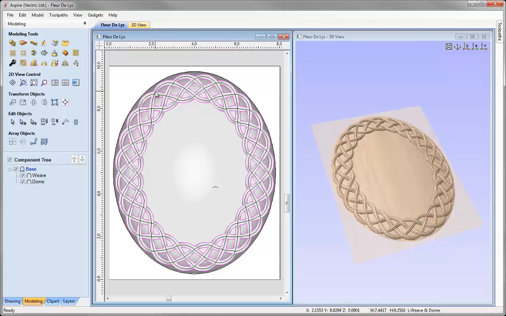Now I'm only interested in this outer vector here, so I'm just going to look at deleting the other vectors that were created. And to do that, I'm just going to come over and just ungroup those vectors, and then I'm going to hold down Shift and select that outer vector so that it's deselected, and then we're just going to use the delete key to delete all of the other vectors that were there, and we're just left